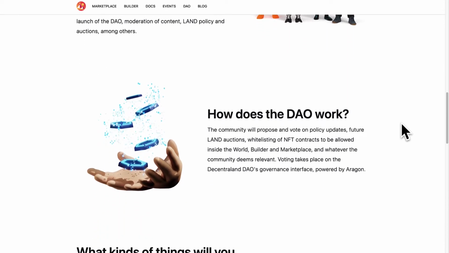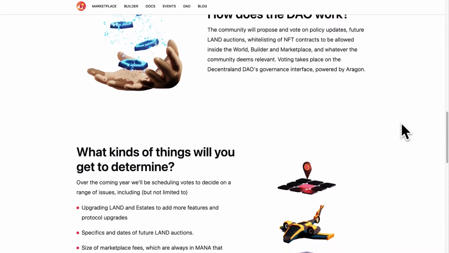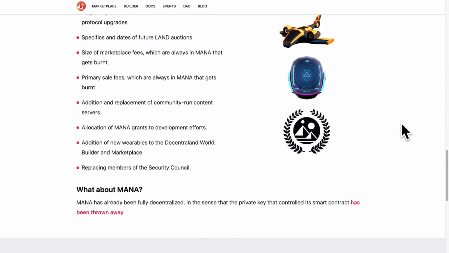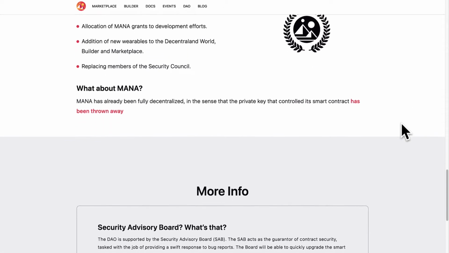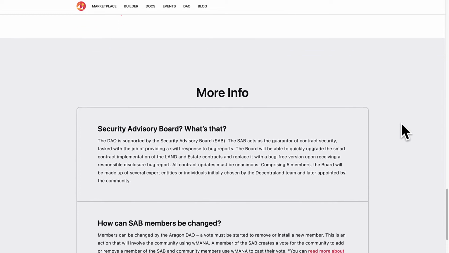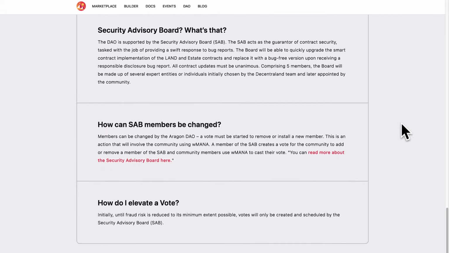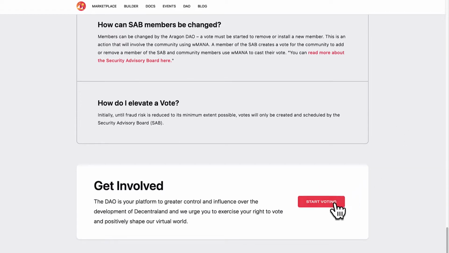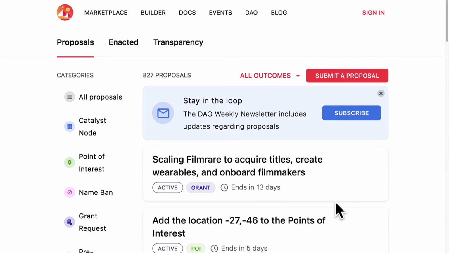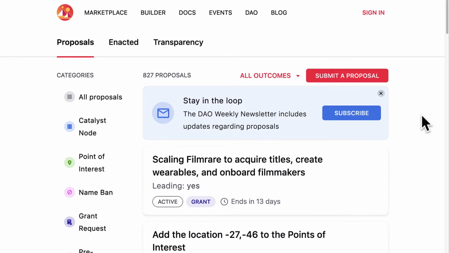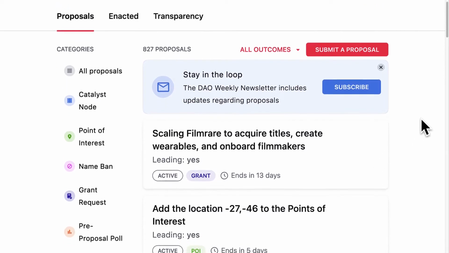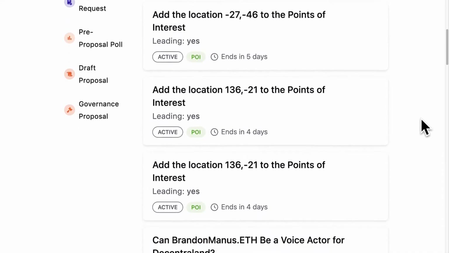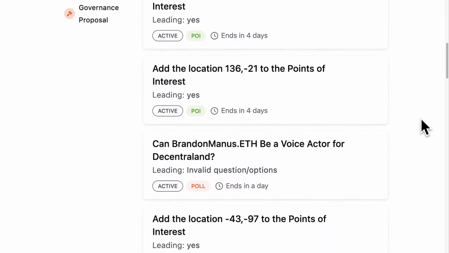So the actual world of Decentraland is governed by the Decentraland DAO. The DAO owns the most important smart contracts and assets that make up the Decentraland world. The decentralized autonomous organization owns the land contract, estates contract, wearables, content servers, and the marketplace. As well, the DAO owns substantial MANA cryptocurrency. This will allow it to be anonymous and to subsidize operations.